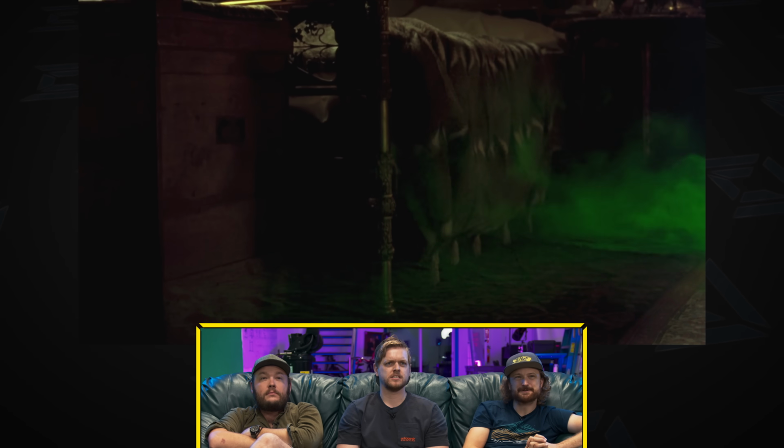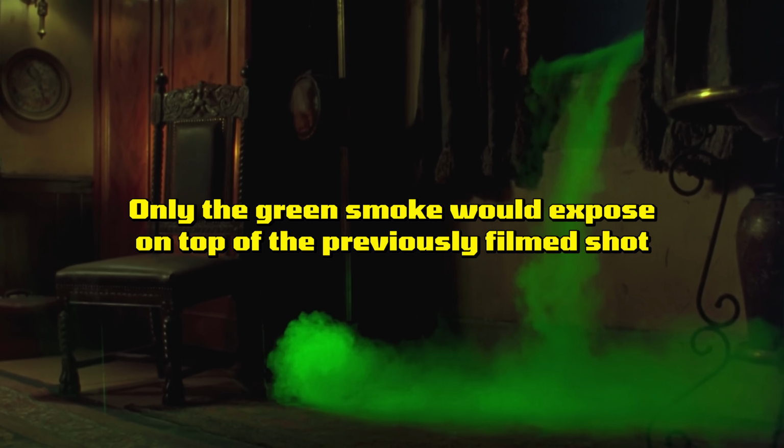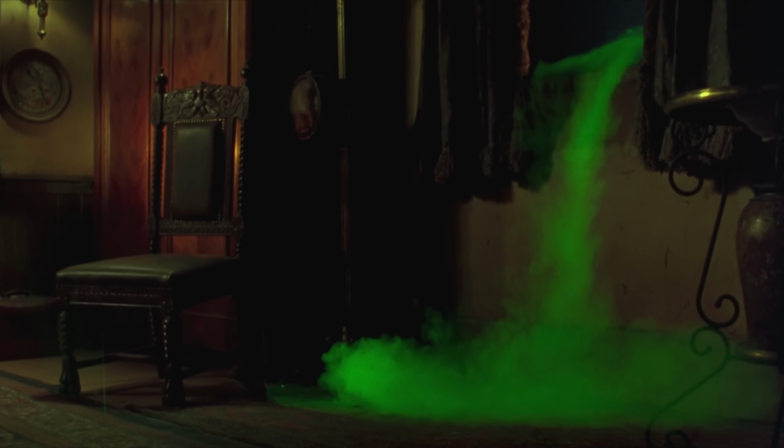Yeah, how would you do this shot without any compositing? So basically what you do is you film your shot, and then you do a cool trick where you turn off all the lights and put black everywhere. And then you film it again with the same film stock. You relight your stuff a little bit, maybe throw in some green lights, and re-roll it over your same film. You could theoretically roll your take, rewind the film, turn the lights off, cover everything in black, do the smoke. That would theoretically work as long as your camera didn't move so that your pictures would line up. Yeah. But when the camera moves, it becomes a problem.